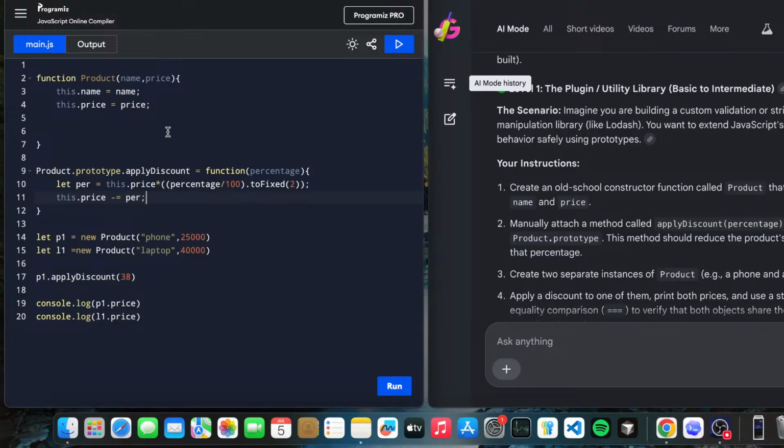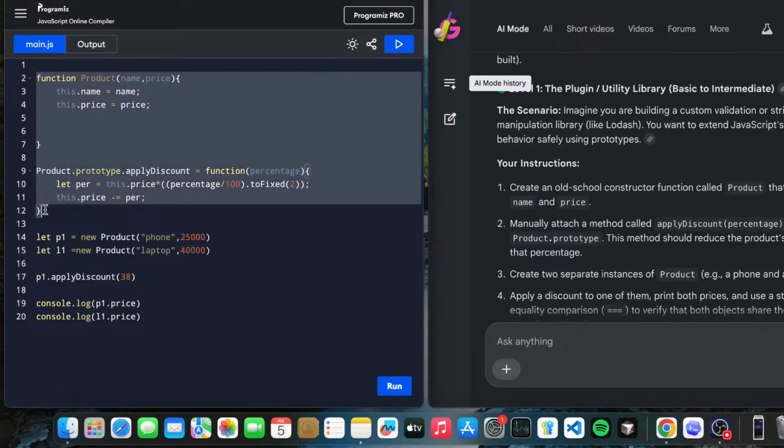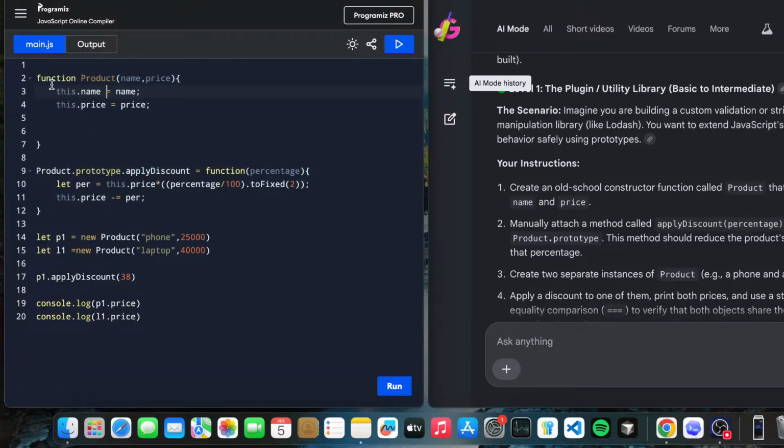Okay, congratulations, we have solved this question. So this is the constructor function. We have created a constructor function, not a class, using the constructor function in JavaScript. We also have a class, which is the ES6 version. We are working with the ES5 version, and here we created a constructor function. Using that, we created the instances. This is a prototype that we created for saving memory